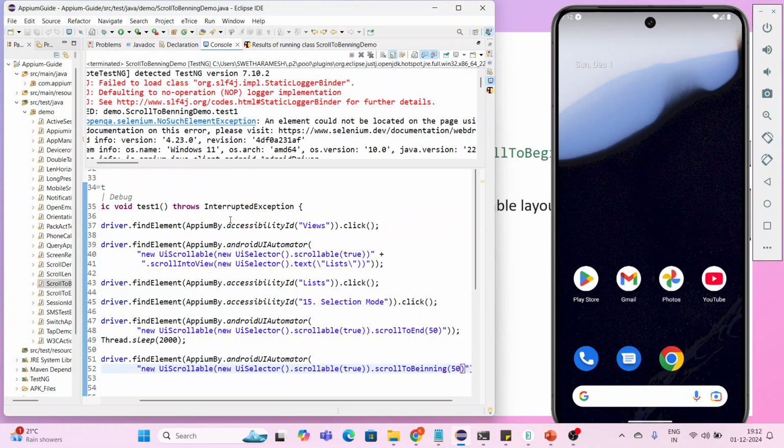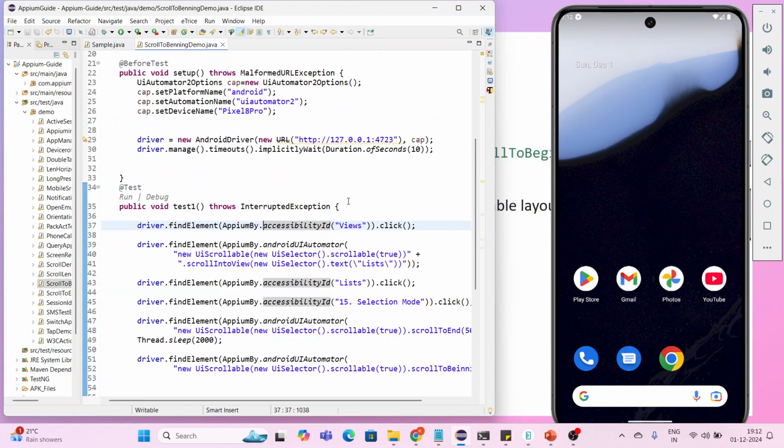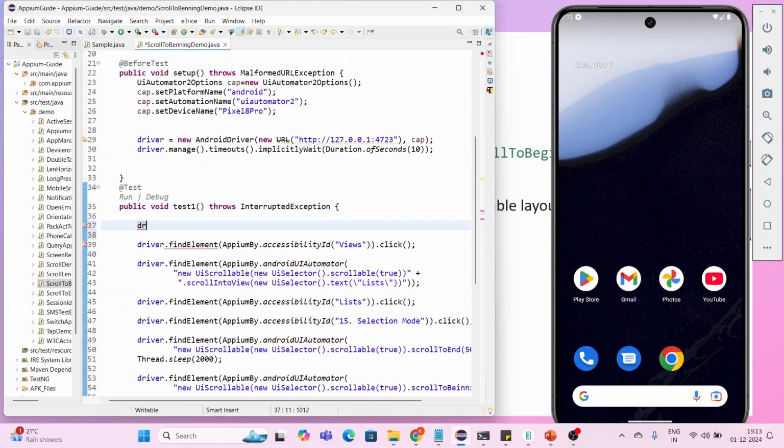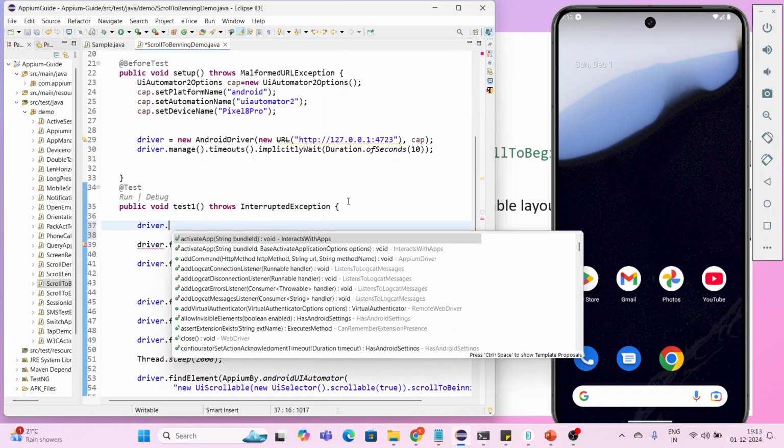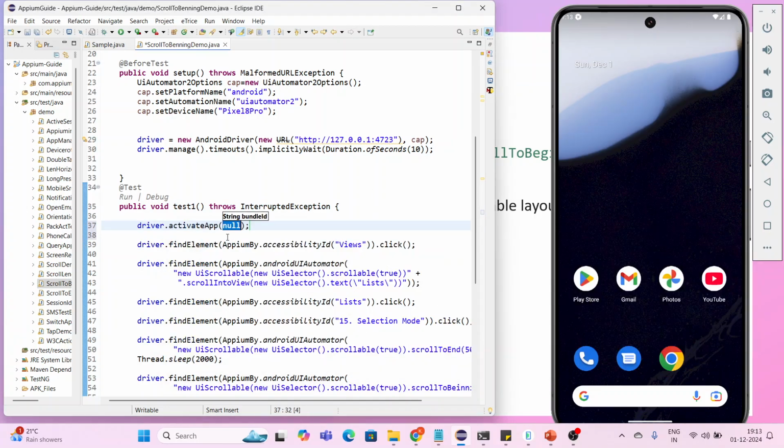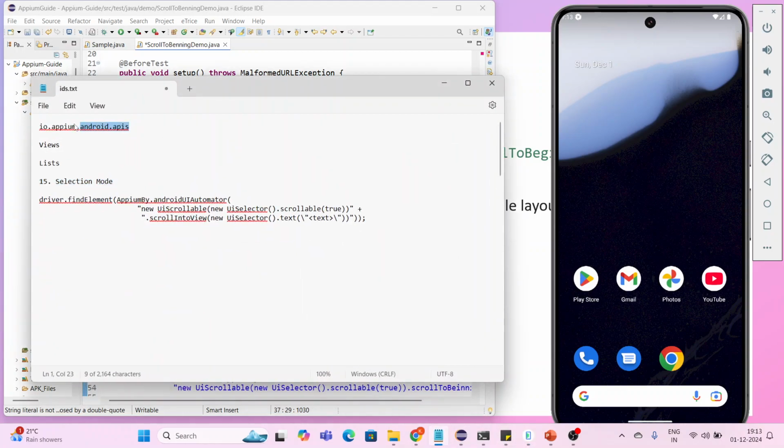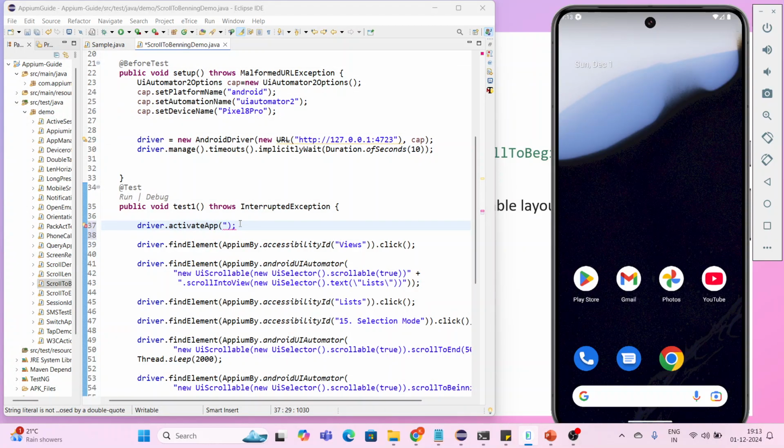I think, okay, I have not opened the API demos app, right? I forgot that one. So I need to open the API demos app. For that one I had to use driver.activate app. Then I need to provide the package name. So I'm not opening the app itself here, so that's why it failed. So I need to provide the